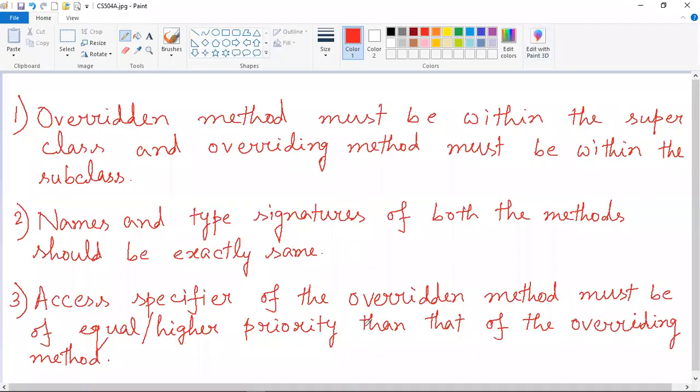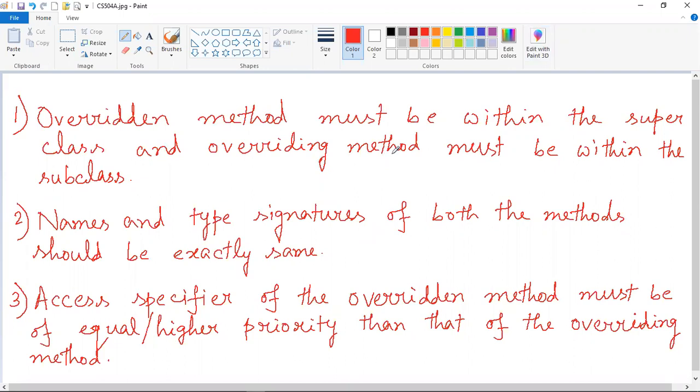So these are the three rules of method overriding in case of inheritance. The first rule says that the overridden method must be within the superclass and the overriding method must be within the subclass, which I have also explained while explaining method overriding. That means the overridden method is the method within the superclass, and the overriding method is the method of the subclass.